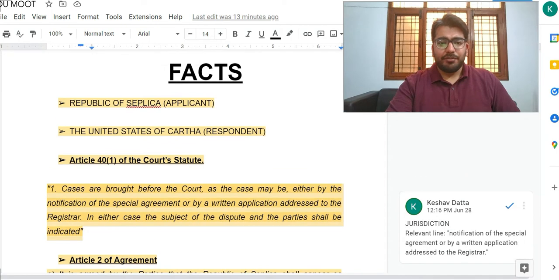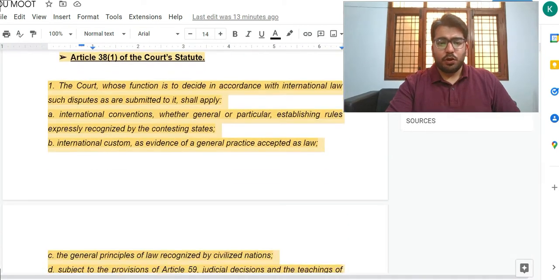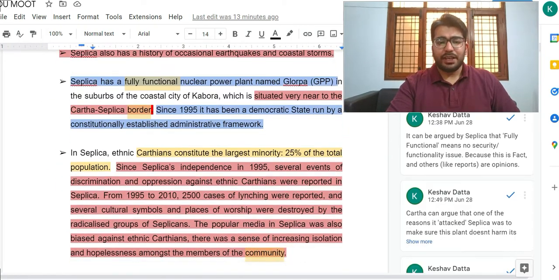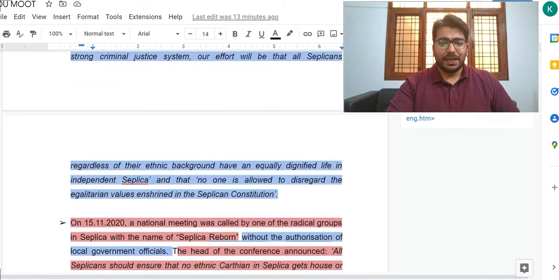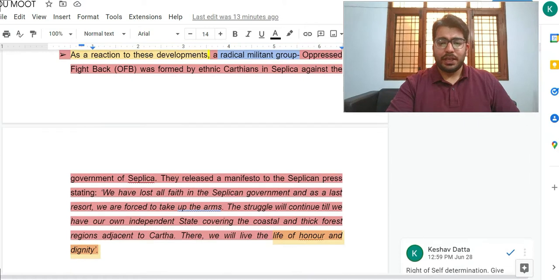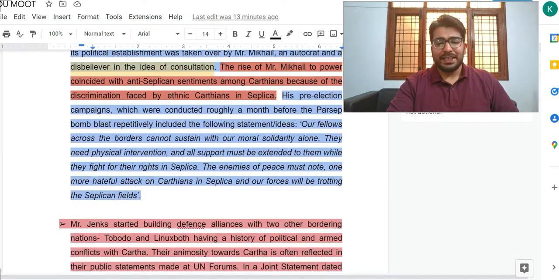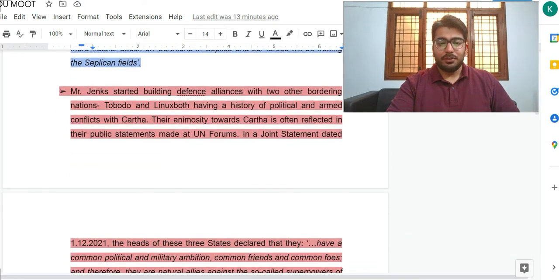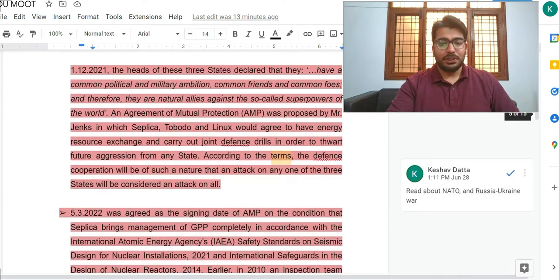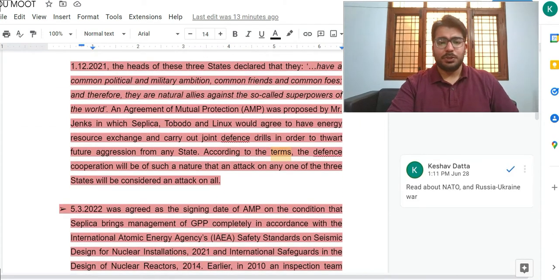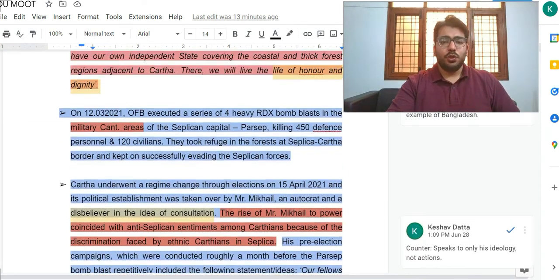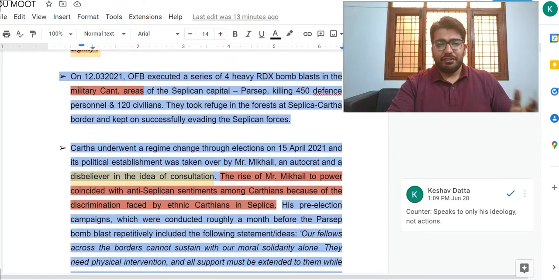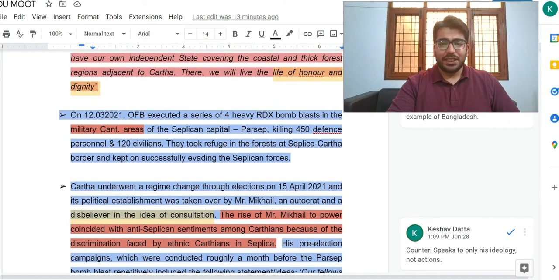So, I have laid out all the important points. In fact, 90% of the facts of the moot court proposition are laid out herein, and I'll discuss with you each and every line, each and every paragraph in as little time as possible, right? I'll try to keep it as concise as possible so that you get a lot of information in as little time as possible.